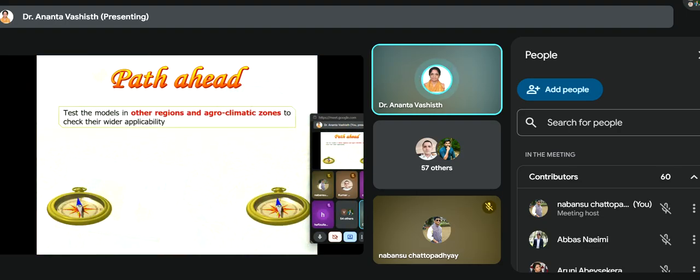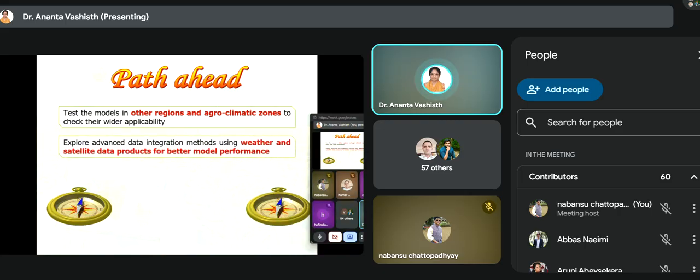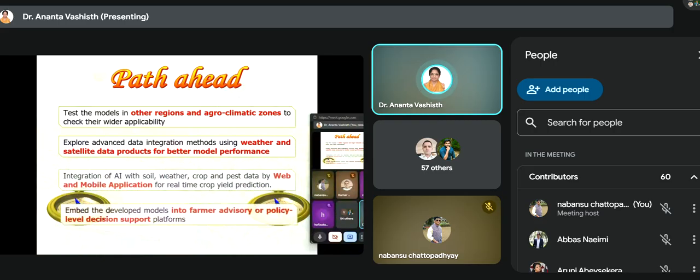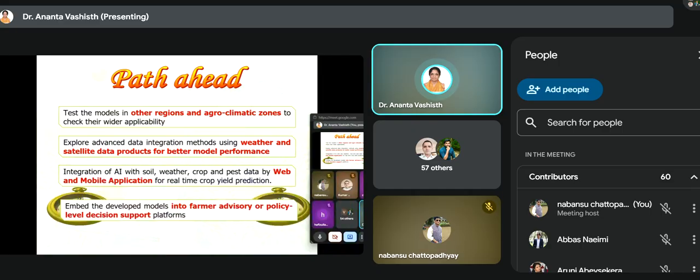So again, we can test the model in other regions as well as other agroclimatic zones to check their wider applicability, and explore advanced data integration methods using weather satellite products for better model performance. And again, we can integrate AI with soil data, because in my work we use only the weather data. So we can integrate the soil data also, pest data also, other data also, and we can